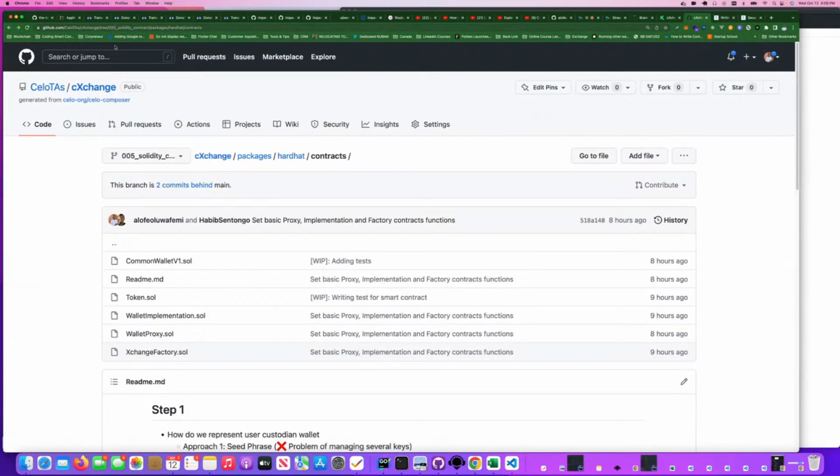Most have, that is the wrong one. The right one is this. Let me copy this and paste it again. Copy link address. The first one that I sent is for the front end. This is for the smart contract itself. So the first one is not bad, but you could just find this one on GitHub